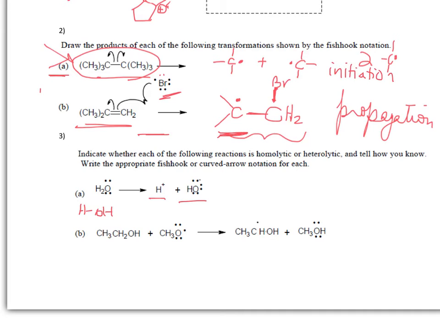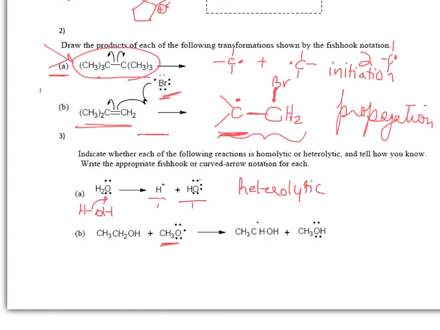So the difference in the electronegativity does the trick. And since you have a cation and an anion as the product, you would say that this will be a heterolytic cleavage. Heterolytic cleavage, where one of the atoms, in this case oxygen, took away both the electrons, leaving a proton and a hydroxide. The second one, on the other hand, shows you that you have a methoxy free radical,